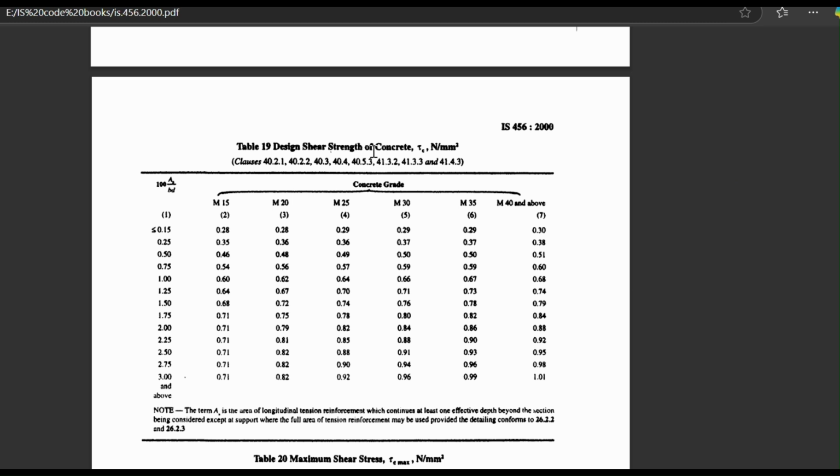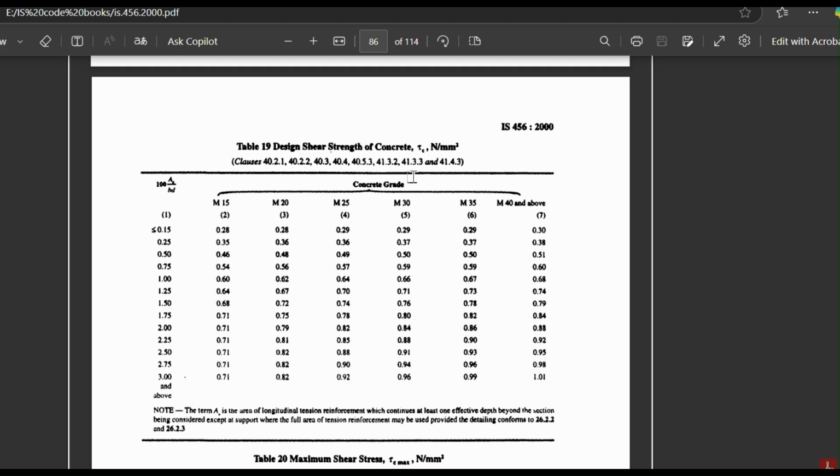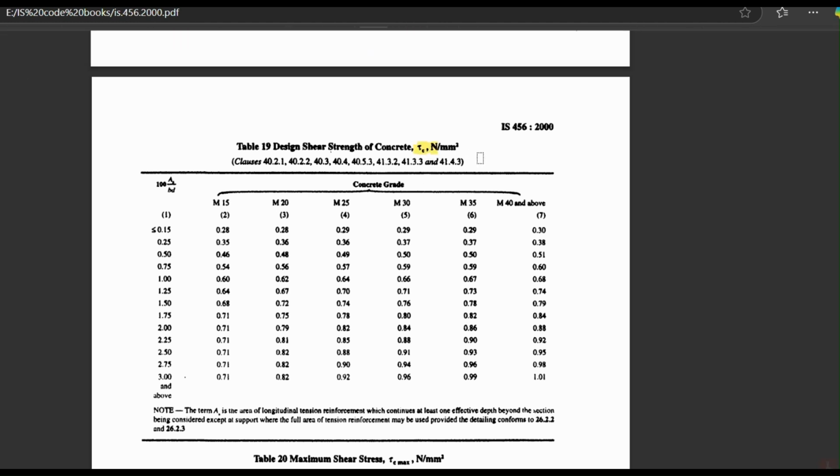This gives the allowable shear stress, called tau C, which is the notation by IS. On the left side column, the percentage of reinforcement is given. On the right side, the allowable permissible shear stress for various concretes is given. Using M20 concrete,